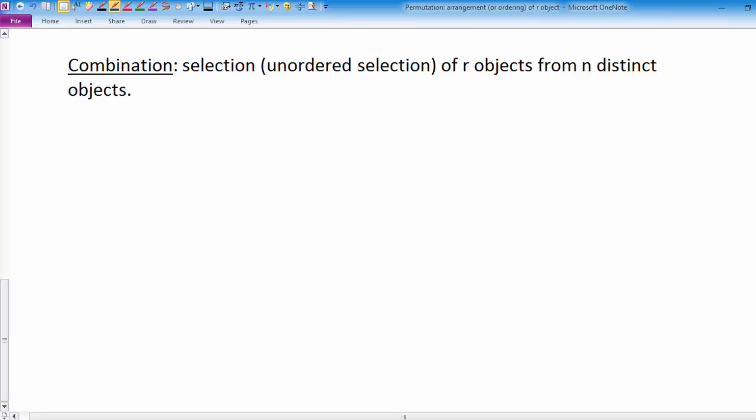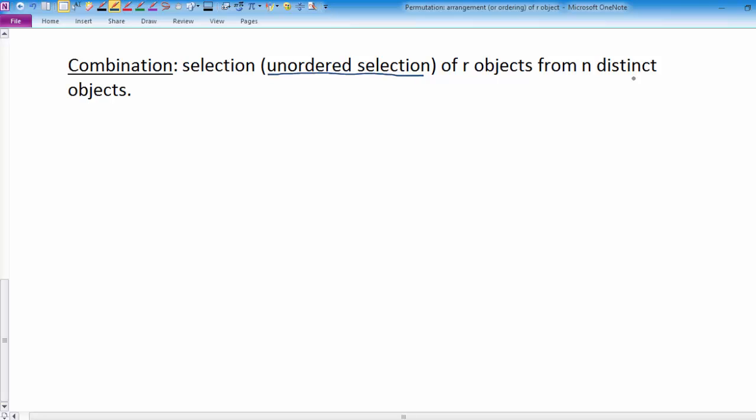Now we define combination. Combination is a selection, and here is an important part. It says unordered selection. So that's what we mean by selection. It's a selection of R objects from N distinct objects. A selection, you're simply grabbing objects from those N distinct objects. The best illustration would be, you have a bag full of N objects, and you're simply grabbing them, and